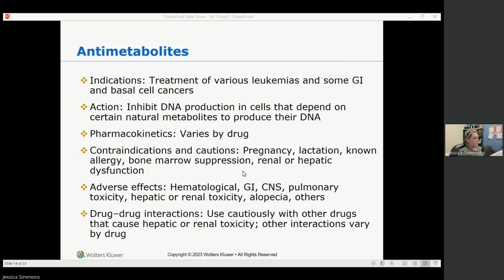Interactions for methotrexate include salicylates, other NSAIDs, sulfonamides, penicillin, tetracyclines. They can all cause methotrexate toxicity. Another interaction is folic acid changes the body's response to methotrexate, which decreases its effect. So you want to avoid folic acid supplements or vitamins containing folic acid. And then they also have an interaction with proton pump inhibitors. You want to avoid concurrent use and monitor BUN and creatinine. So I definitely want you to be looking at methotrexate.